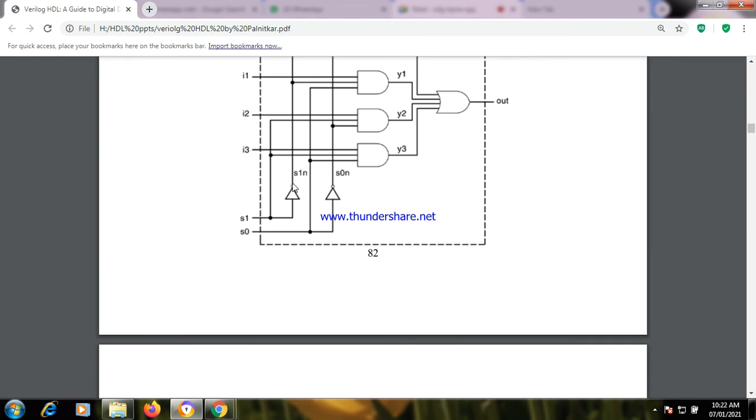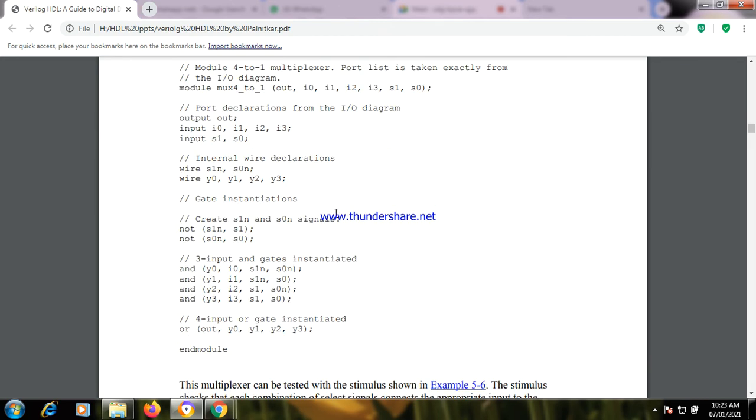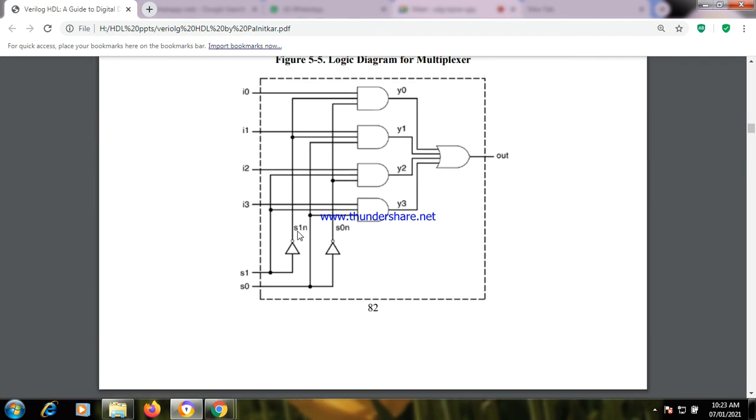S1N means it is the output from the inverted NOT gate, whatever output you get after S1 has been complemented. I can say it is S1 bar. S1N means S1 bar, and S0N means S0 bar. Clear? So one is S1 bar, the other S0 bar.